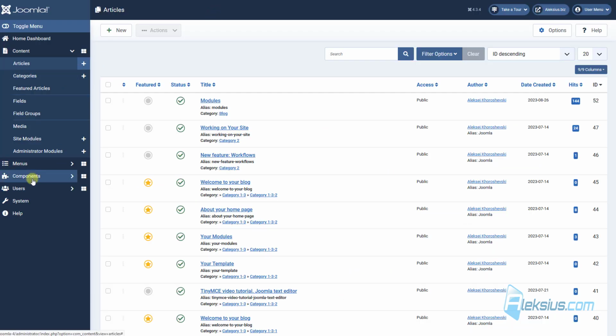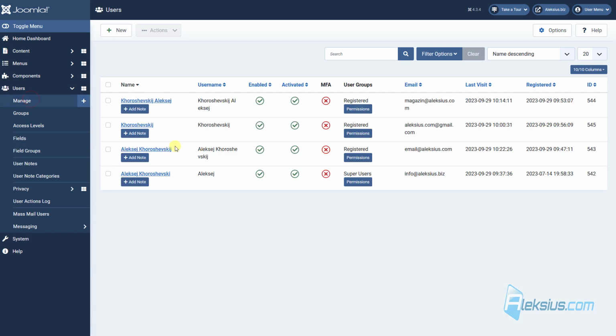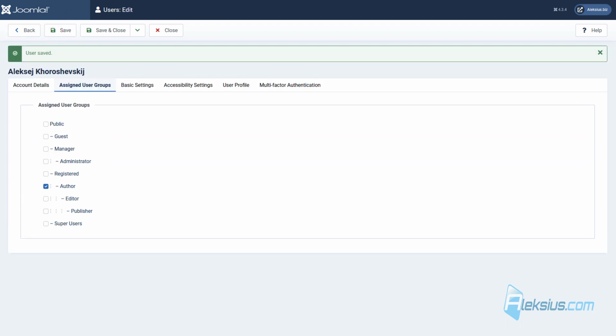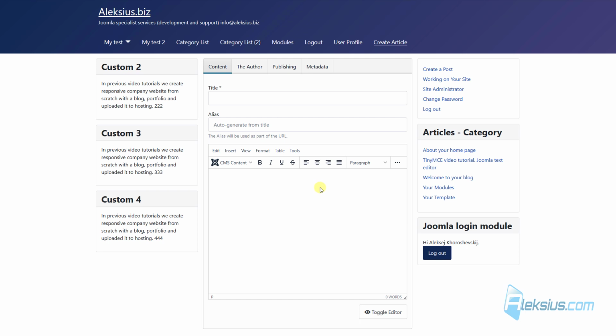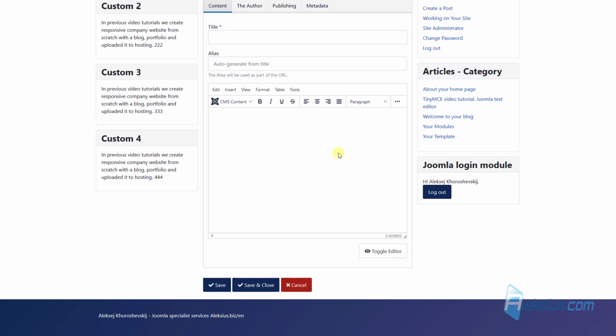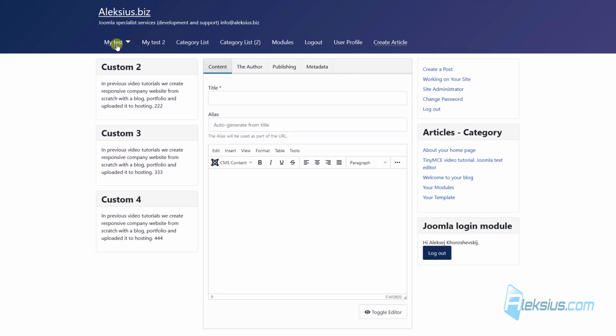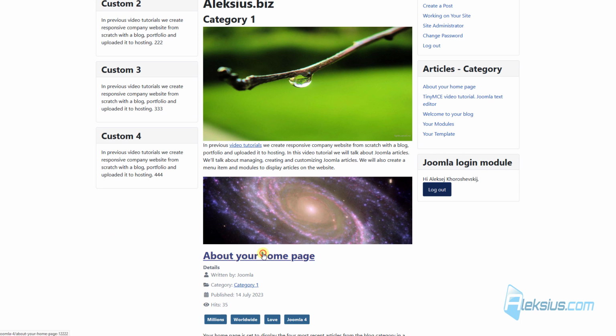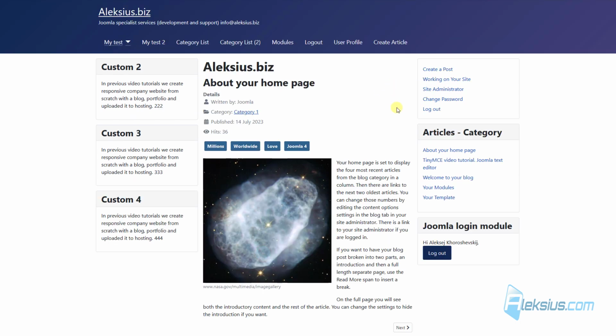Let's change user group for my user. It will be Author. Update the page, and now we can create new articles. But let's see another example. For example, go here, and if I need to edit articles that weren't created by this user, in this case